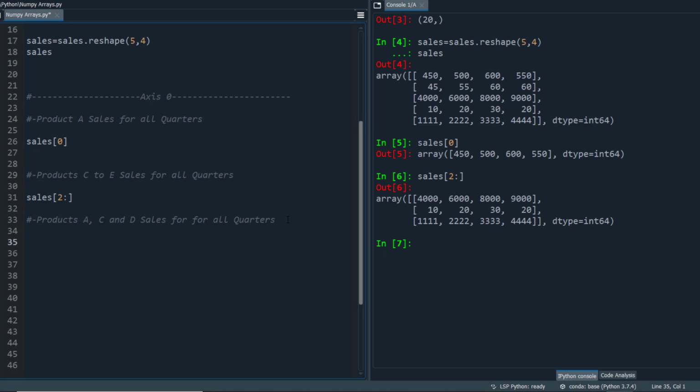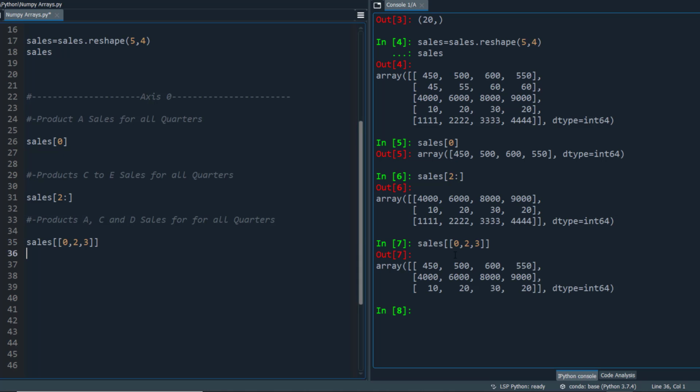In this last example for this group, we need to select discrete rows, which is for products A, C and D. And for this, we can pass in a list the index positions for these products, which is 0 for A, 2 for C and 3 for product D. And we can match these numbers with our initial array, and this row is pertaining to product D. Let's now look at the set of examples under the next group.